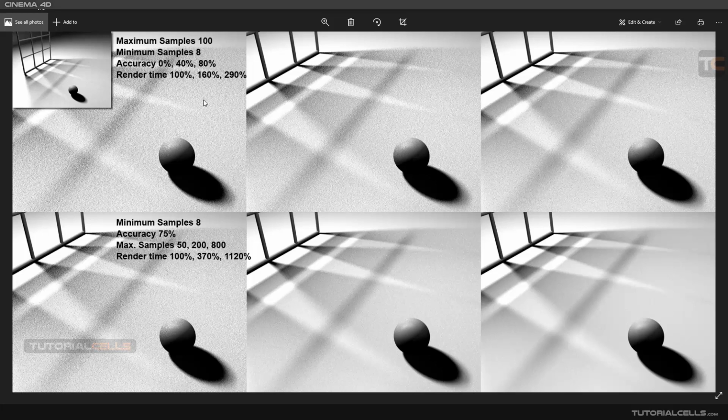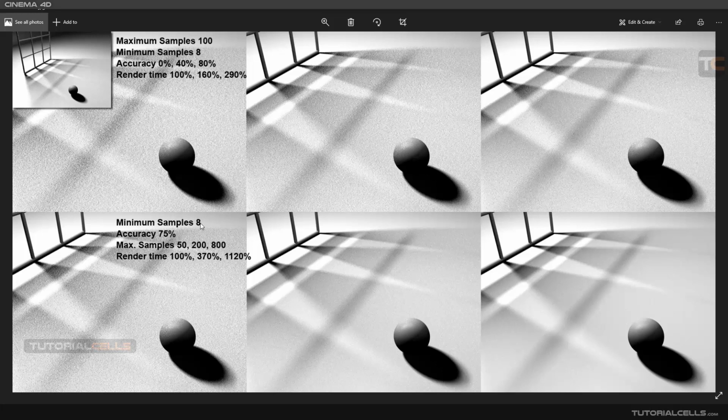For example, in every 3 images we have 100 maximum sample, and the minimum sample is constant, and we change the accuracy here. As you can see, we change the accuracy to 100, more, but we have that noise. So you learn here, accuracy is nice. It brings the render time up, but it does not affect very much